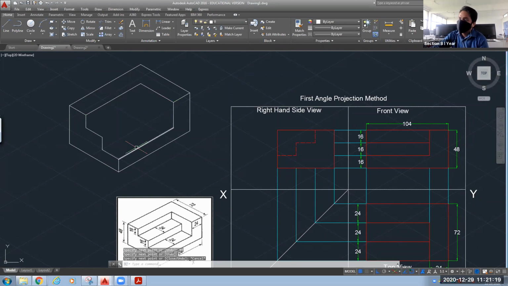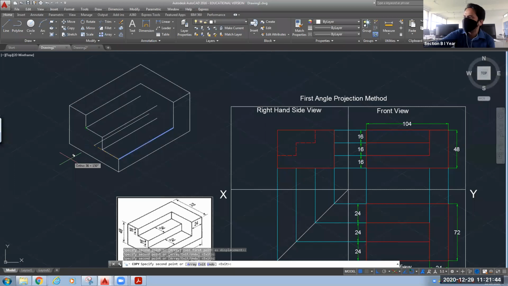Again, either you can go for the offset command, but in offset it will ask on which plane. So you can go for the copy command as well. Copy, select object, this object I want to copy. Okay, press enter. It will ask for the base point, select this as your base point and place it wherever you need this.